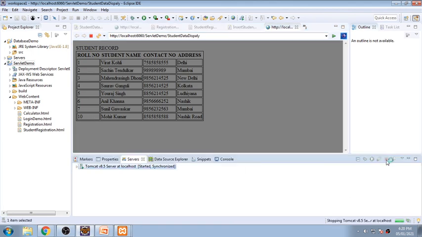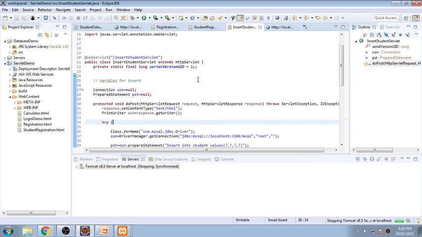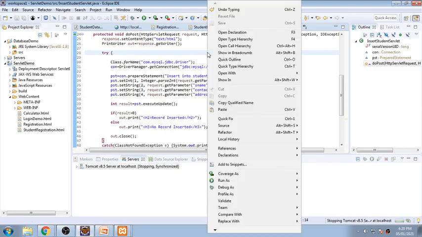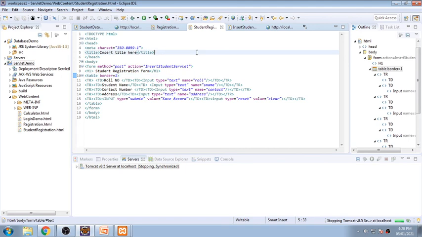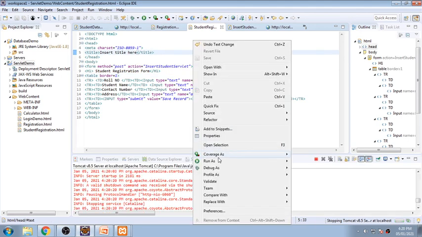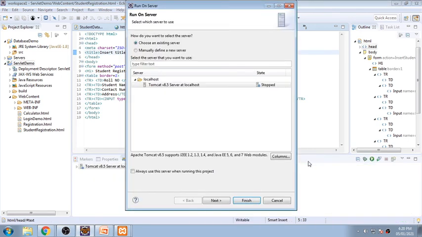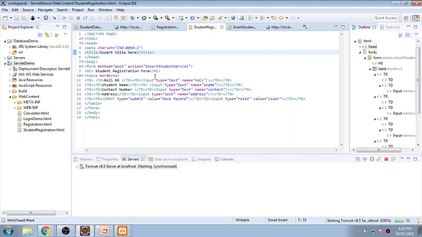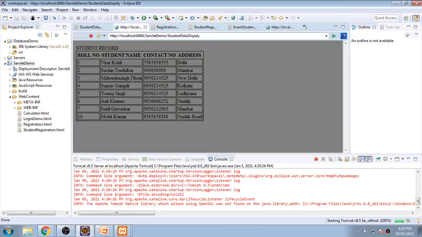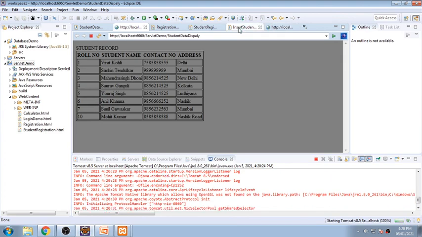I'm stopping the server now. And now I'm opening this part and running this registration form. Run server, finish. So you know that there are 10 records.